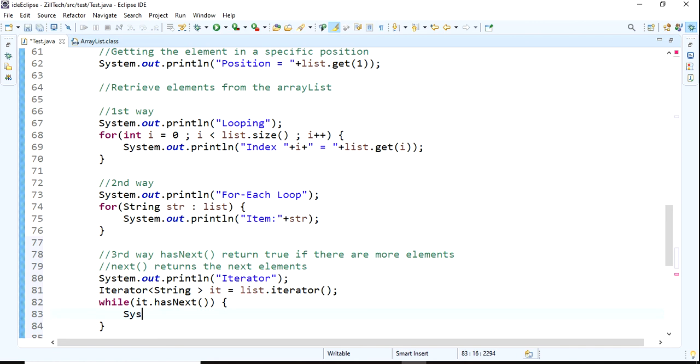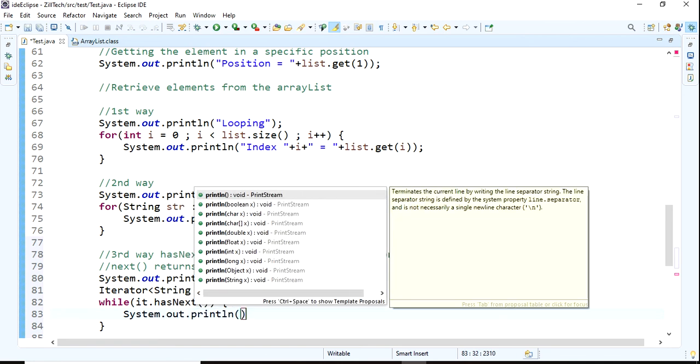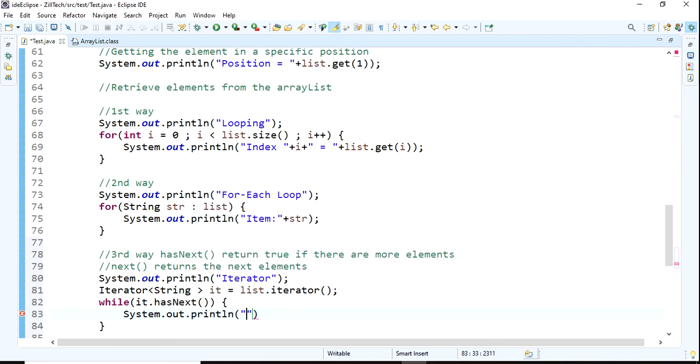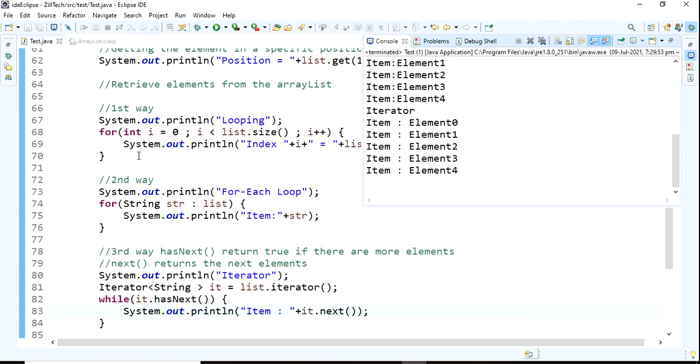And system dot out dot println item plus it dot next, it returns the values, it returns all the iterator values.